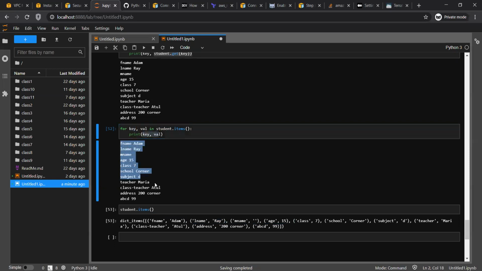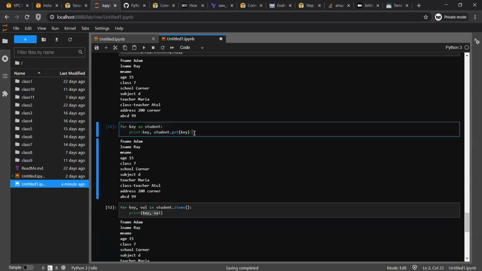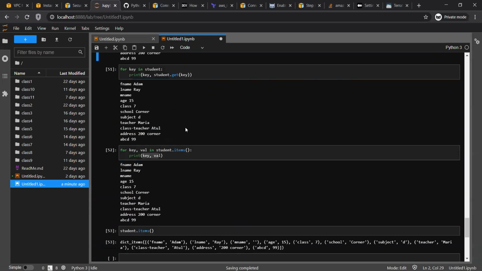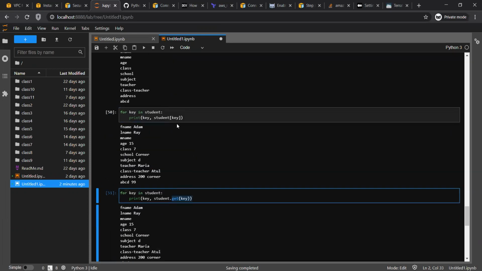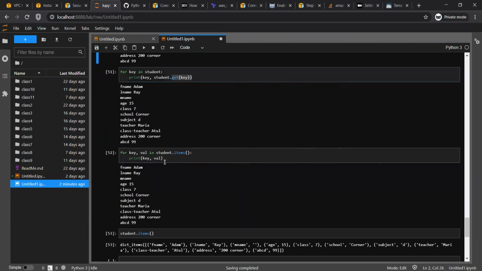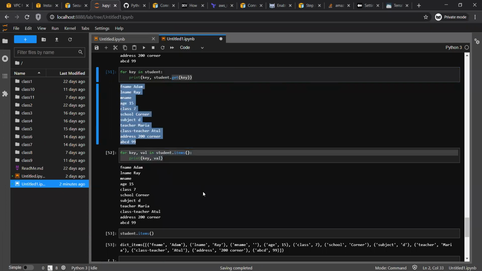without any issue. So all the methods are fine. Again, this is also fine, this is also fine, and this is also fine. It's you who has to see which way is easy for you to understand. This is also good, this is also good, and this also works fine. There is no problem, the same output is there.